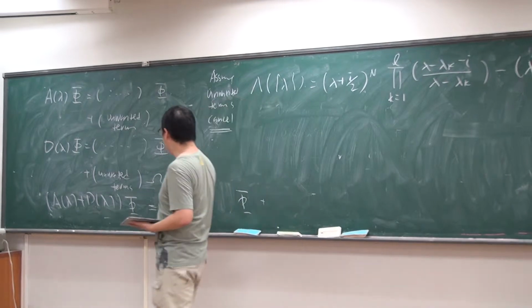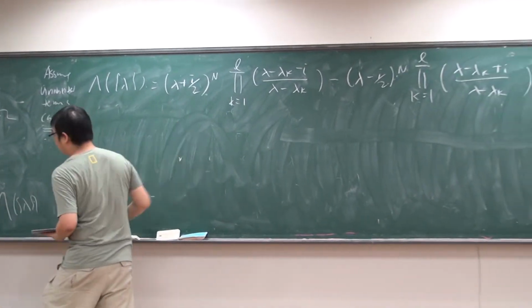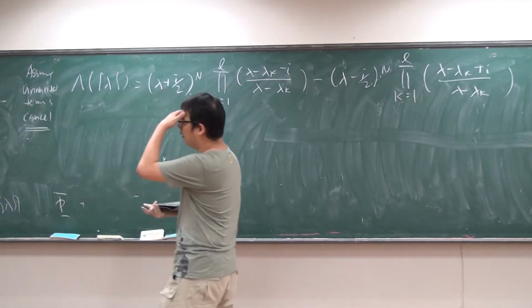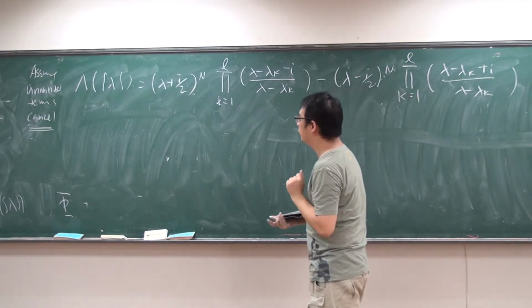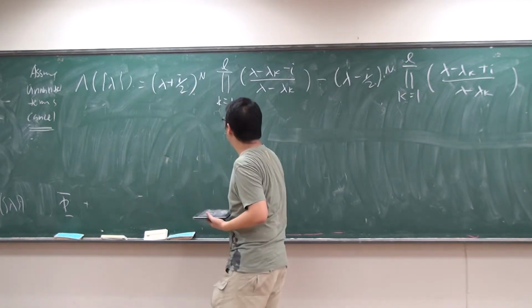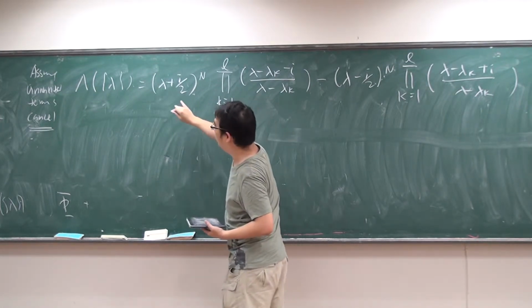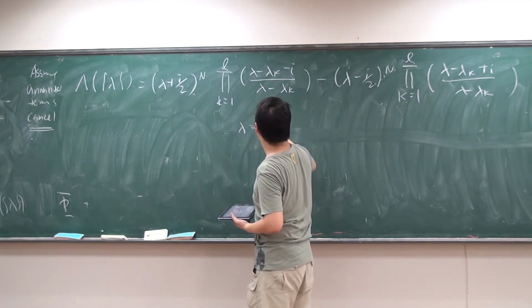So if the unwanted terms cancel each other, this is the eigenvalue you're going to end up with for this particular eigenstate φ. Looks nice, but there's one issue, which is that this expression actually has a pole precisely at λ